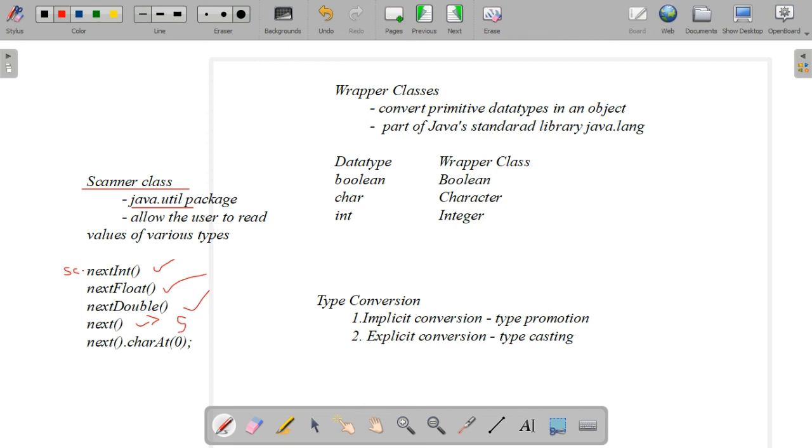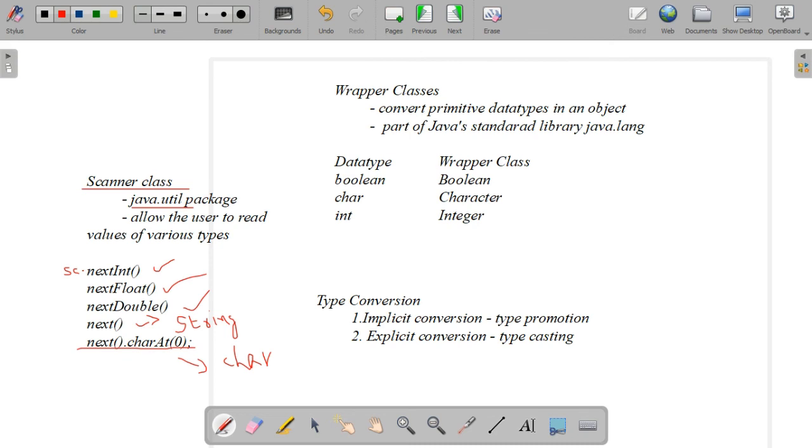next() is used to read a string data value. For a string we can use the method next(). If it is a character, we can use a method like next().charAt(0), where the A should be capital, at the 0th position. That means there is no direct method to read a character like nextInt(). That's why we read that particular word as a string, and then extract only the first character as a character. That's why we use sc.next().charAt(0). This is the statement we use to read a character value.